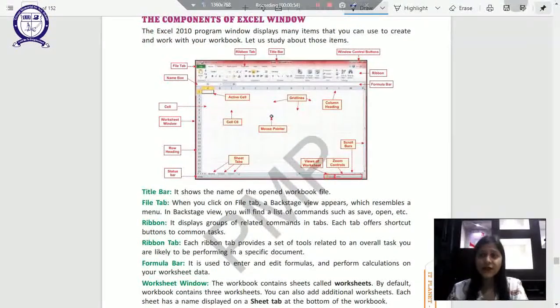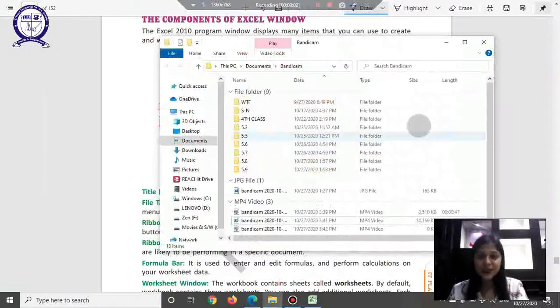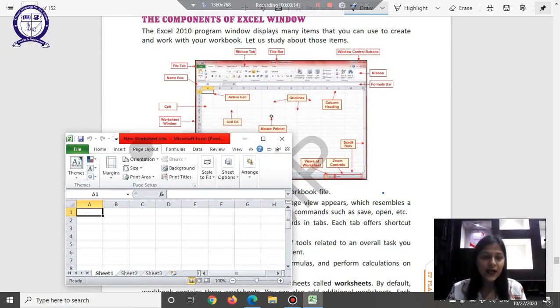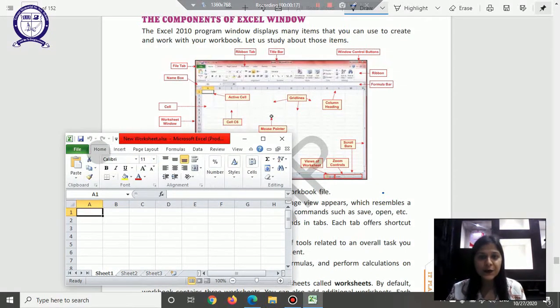So what are the components of an Excel window? Let's see that. I have minimized my Excel and it looks like this. Now let's see the various components and simultaneously demonstrate them in this Excel window. This is the ribbon, where we have all of these options, and within the ribbon we have specific ribbons: the font ribbon, alignment ribbon, numbers and editing ribbons, which provide us options. For example, in the font ribbon we have all the features combined: font style, font size, underline, font color and highlight color, and so on. All of these features are combined into this one ribbon.